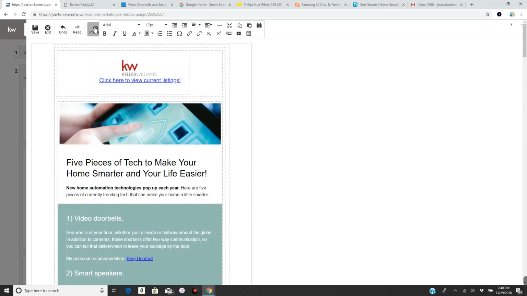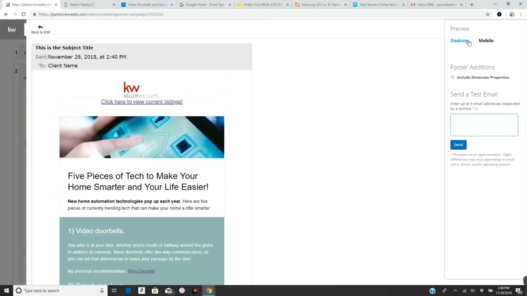So what I can do is I can hit preview, and I can decide if I want to preview it mobile or desktop. Right now, I'd like to do desktop. So I'm going to put in my KW email. When you send this email out, it's going to know which format your client is using, desktop or mobile. So I'm going to hit send real quick, and then I'm going to come over to my email,